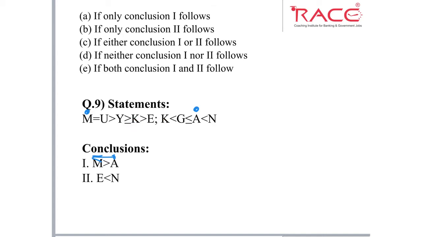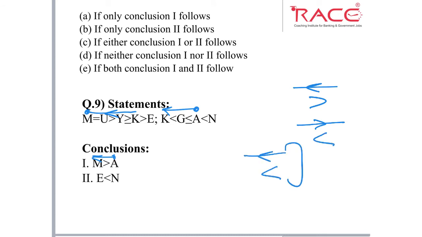So we will move from A to K and K to M. Here at the start we can see the sign is in the opposite direction with the arrow. The open face is in the opposite direction with respect to the arrow. It must be like this: arrow, open face, arrow and open face. But if we have the arrow in this direction and the open face in this direction, this is the wrong sequence. So this conclusion does not follow.